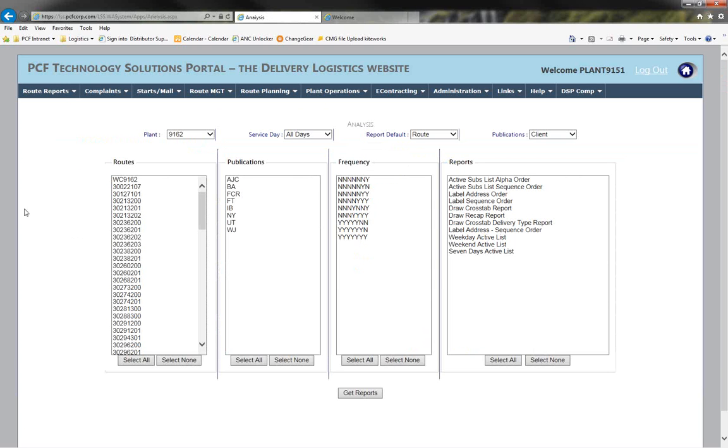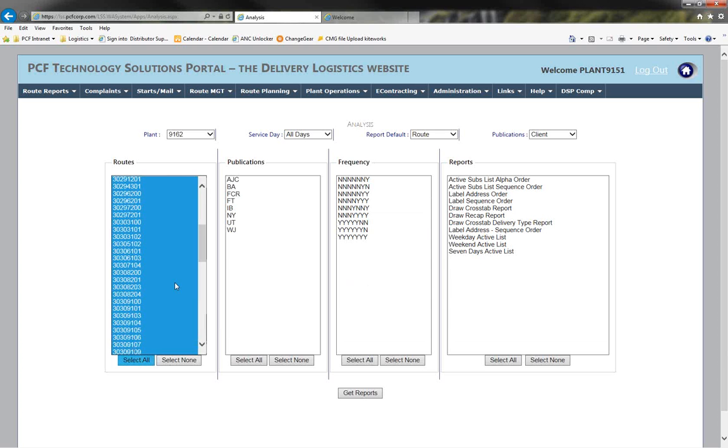The analysis section does the same thing, except it'll allow you to eliminate a product or just pick a particular product that you want to see in a route book for analysis. You wouldn't want to necessarily deliver from these reports. It's just to see how many particular publications you have on a particular route, depending on the day, that type of analysis. So let's just say we selected all of our routes, we can select all,